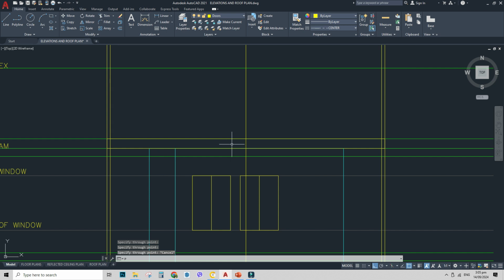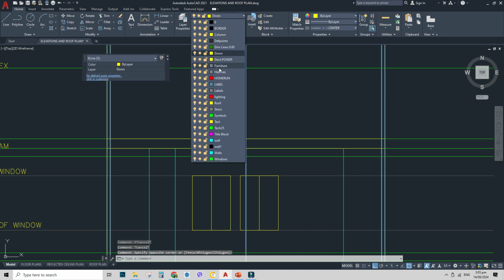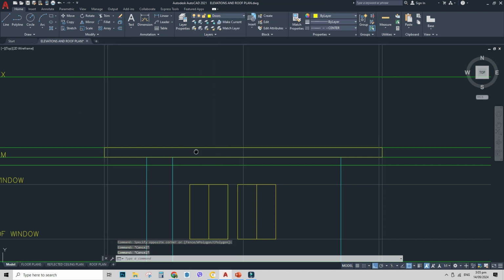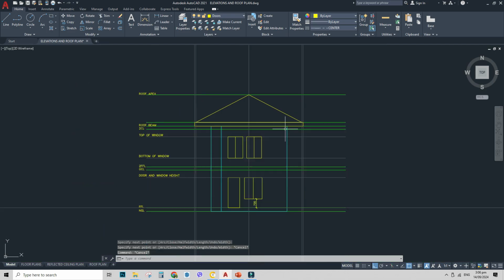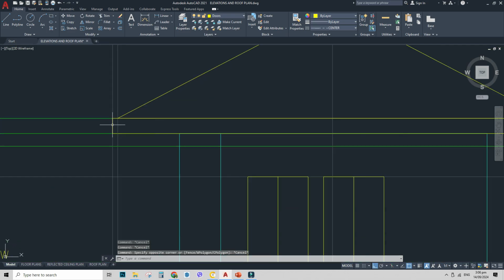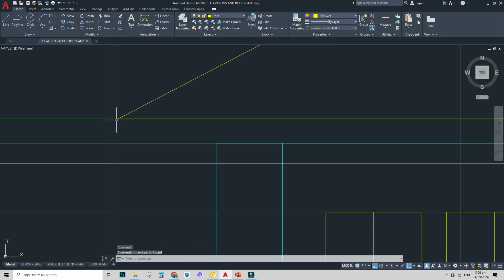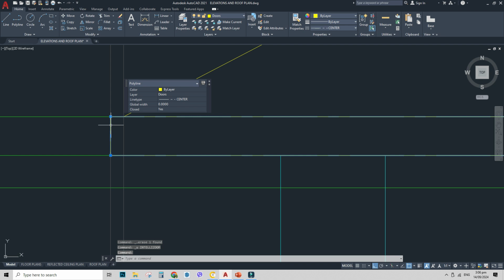Okay. Change this to def point so you don't get overwhelmed as well, because I am overwhelmed. Since this is your gutter, we will start our roof here and then end here as our roof apex. Then start again here. That's it. That's your roof. Now with your gutter, you can really have a different gutter design that you want. So for example, maybe a simple one, because this is just a draft. So we can have